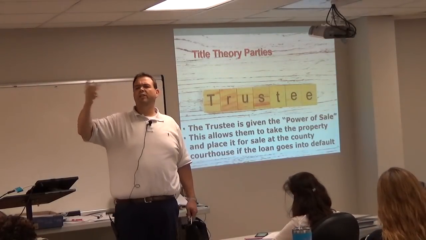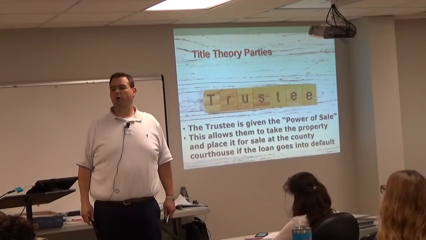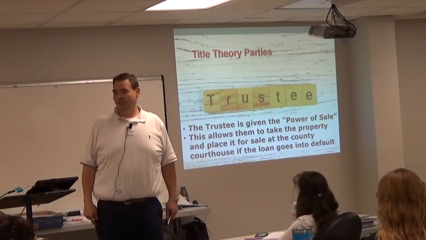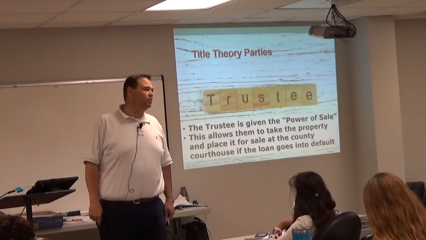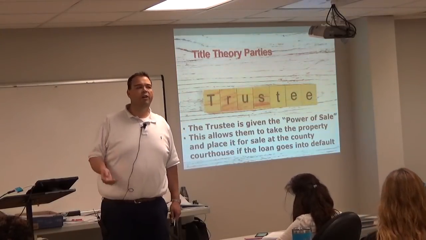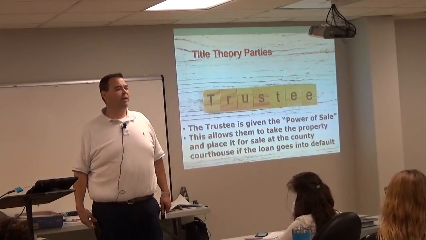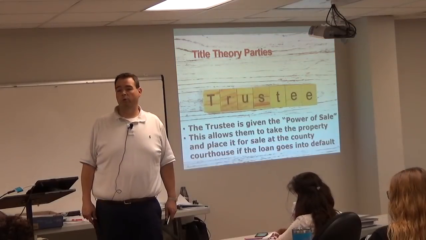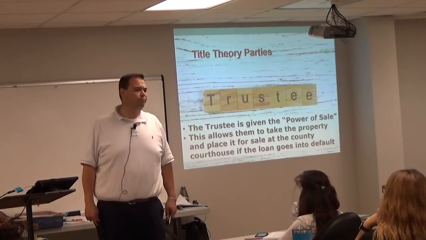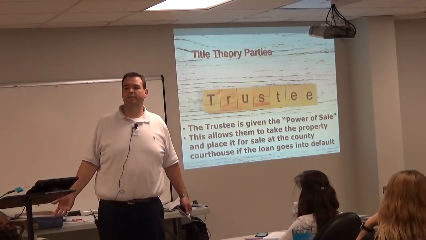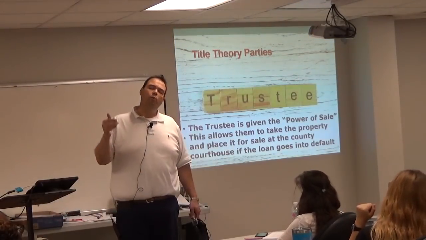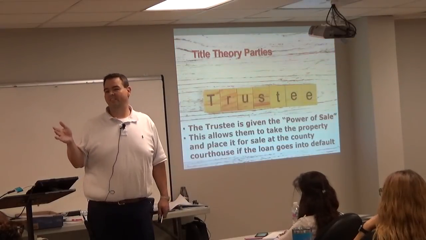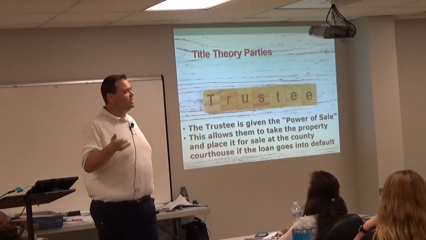So who's the lender going to run to and cry when the borrower hasn't paid their mortgage payment in a title theory state? The trustee. Where does the lender have to go in a lien theory state if the borrower hasn't paid? To court. They have to go to court and sue the borrower, and it's up to a judge, a court of law, to decide if the borrower's in default. Whereas in a title theory state, the lender's going to notify the trustee, and it's going to be up to the trustee to make this decision.